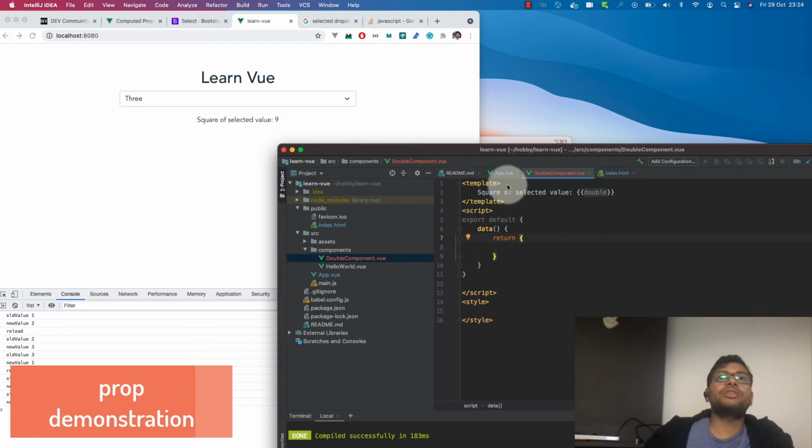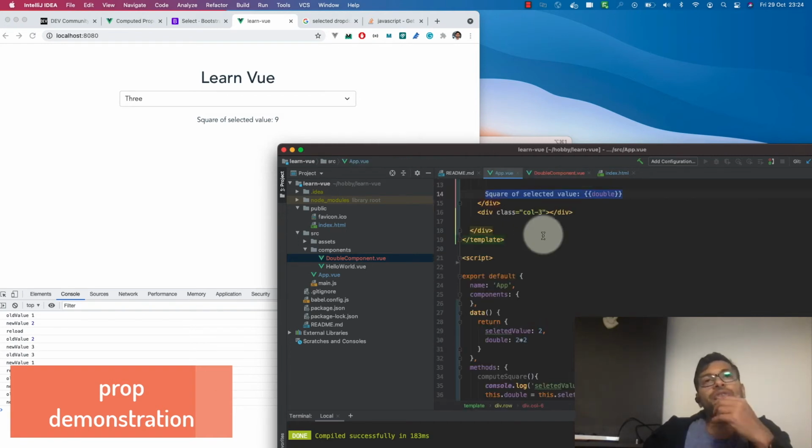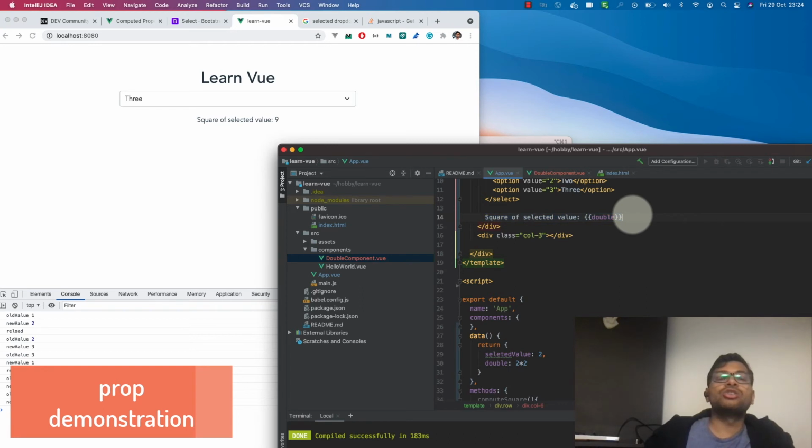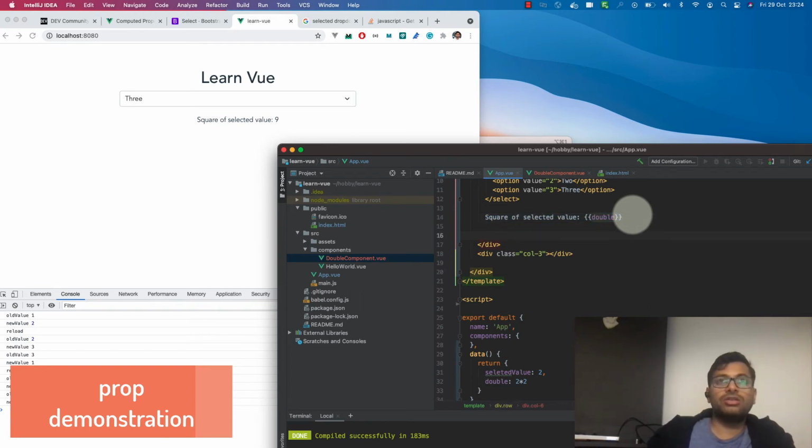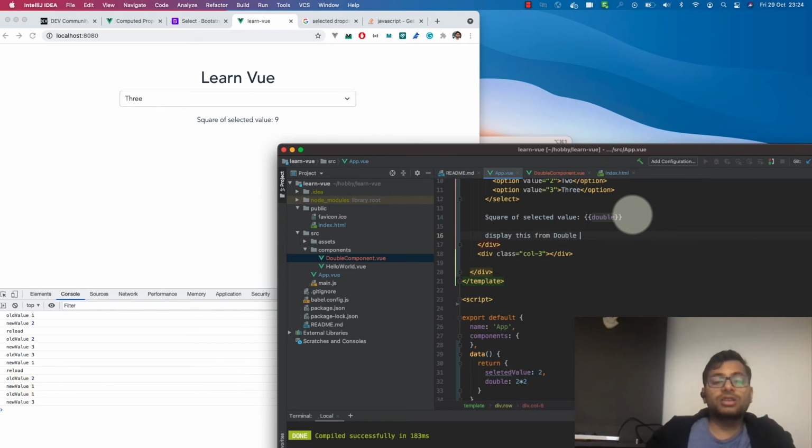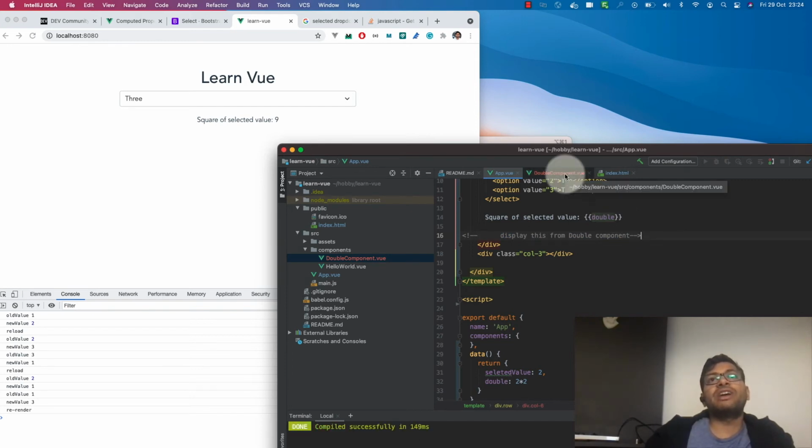A prop is something like this: this App.vue will be the parent component. So we'll display this from DoubleComponent. We can display it from this component. What we can do is pass this double value as a prop.